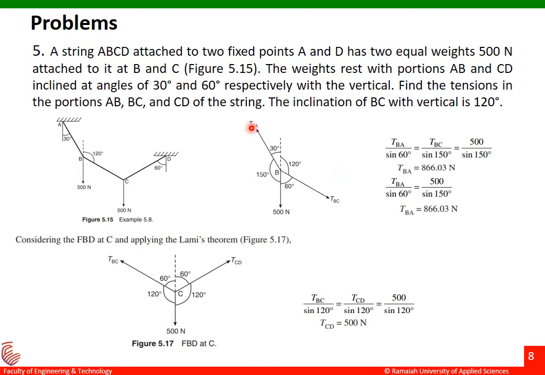I'll explain you how. Okay, so how many free body diagrams we have to draw here? As I explained in the previous slide, if the number of forces are more than 3, we cannot apply Lami's theorem. In this case, at point B we cannot apply Lami's theorem, and at point D also we cannot apply Lami's theorem. Why? Because the force acting is only one. But at point B we have three forces, that is TBA and then weight and then TBC there. Okay, and similarly at C also we have TCB and then TCD and then 500 Newton over there.